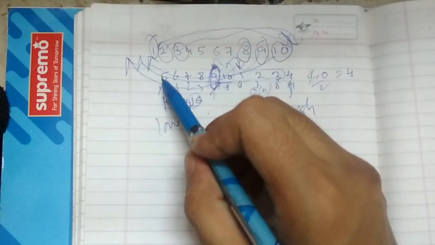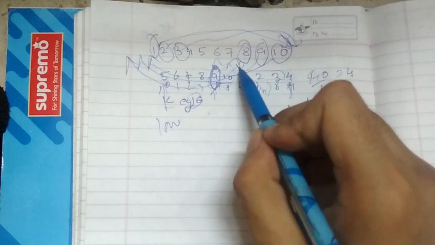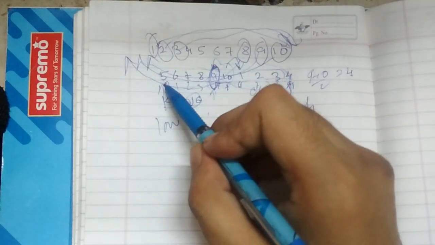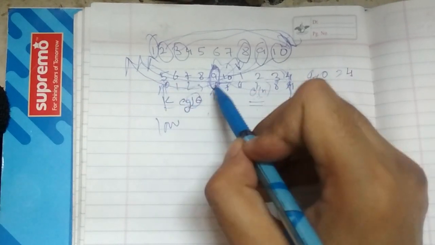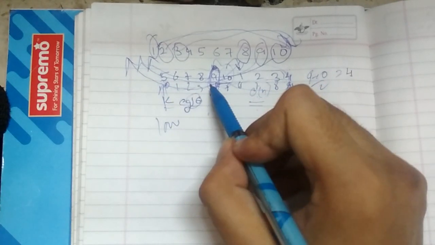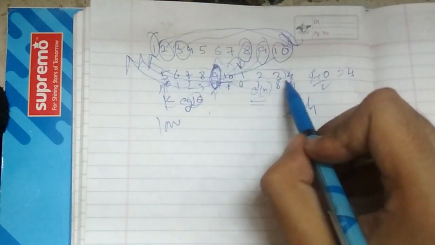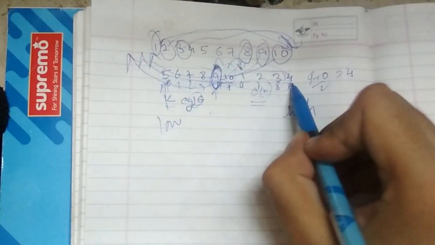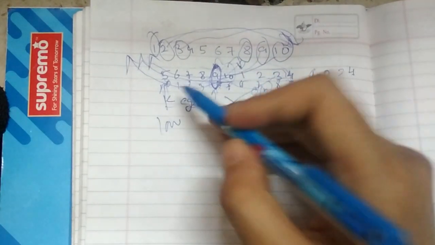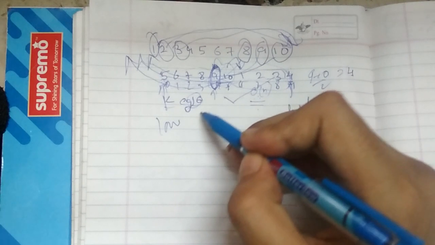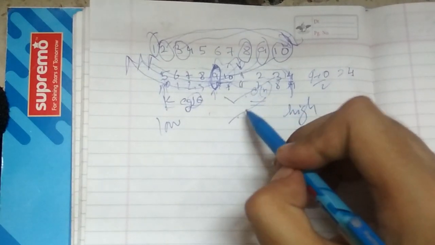Now we check around this middle element. This array is divided into two parts, one is this and one is this. Now we check this part. We check the low with this middle element. Low is less than this, so this part is always increasing. Then we check middle with this. This is greater than this, so over here, first it will be decreasing and then it will be increasing. Over here it is always increasing. Here it is always increasing. Here it is decreasing and increasing.